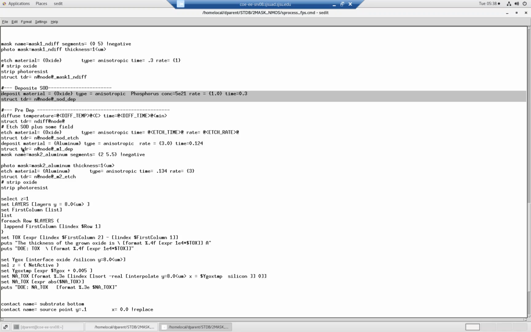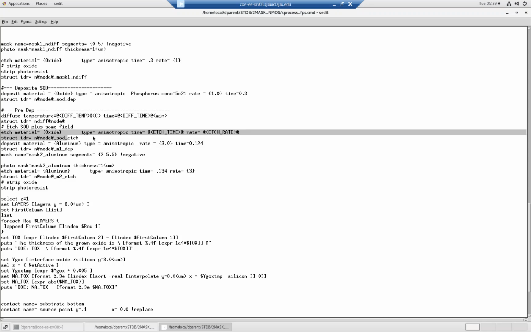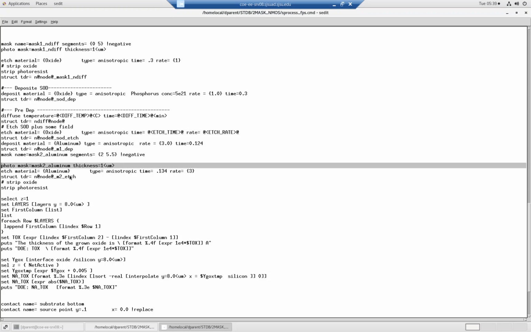Then we do our diffusion time. Then we have our photo mask for the, oh, no, sorry. So here's another step. We etch the material, and this is etch time, right? So we're etching the kind of gate slash field and getting rid of the spin on glass at the same time. Then we have mask 2, and